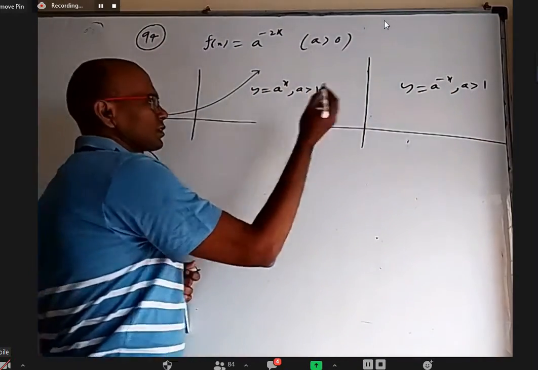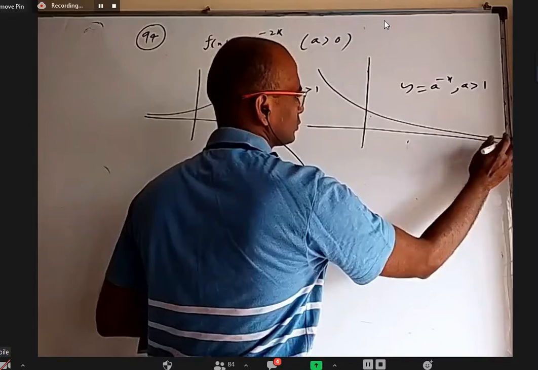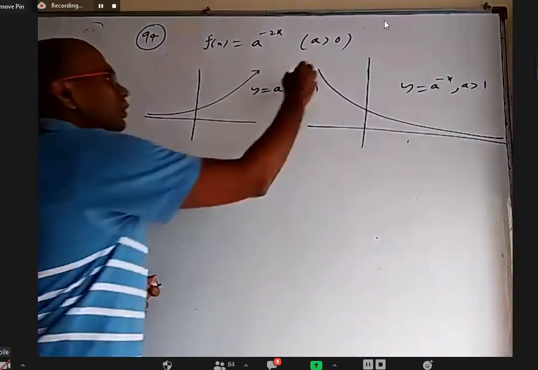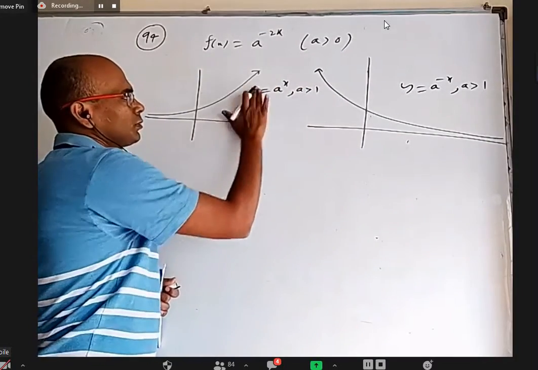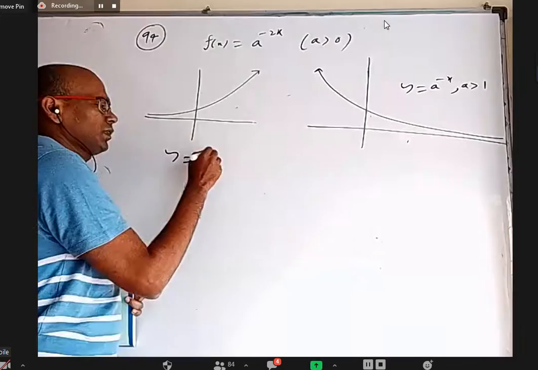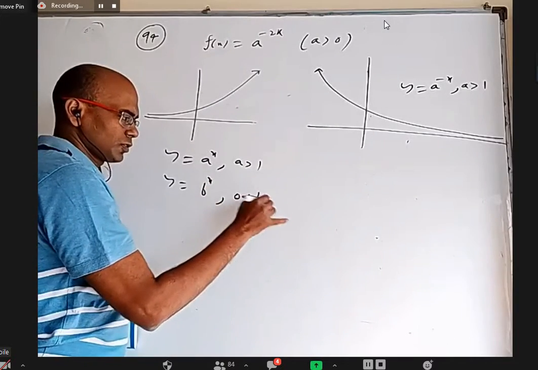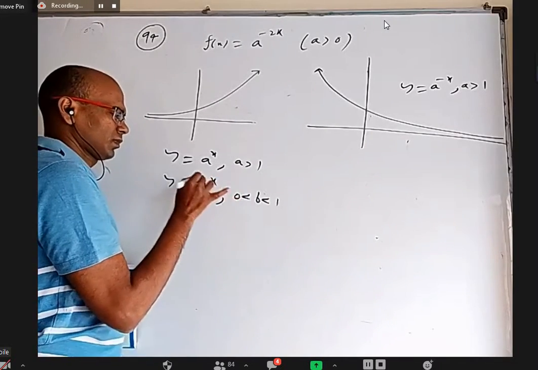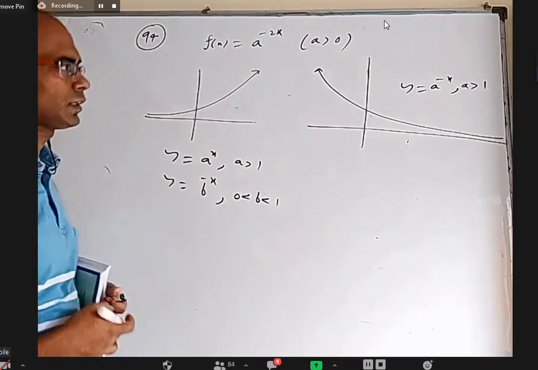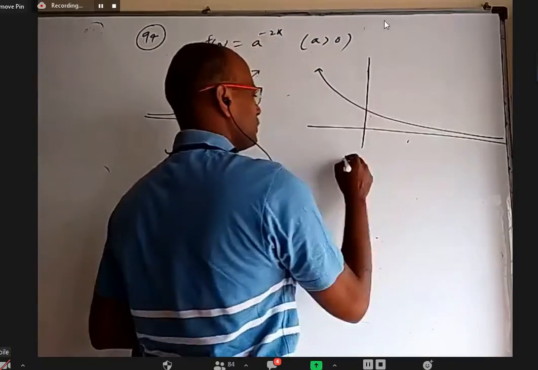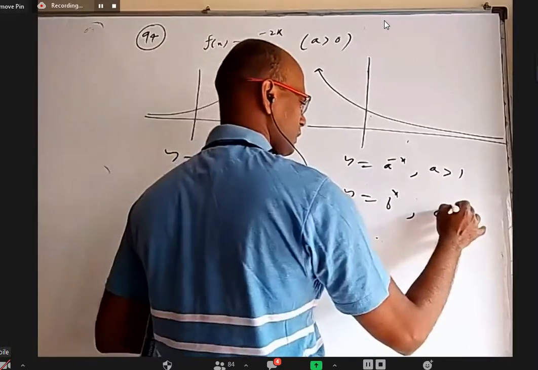You can even say, okay, that's fine, not a problem. It will be like this. Even if it is between 0 and 1, also not a problem. This graph is for y = a^x where a is greater than 1, or you can write b^x where b is between 0 and 1, but b^(-x). Not a big deal. After all, b^(-x) means (1/b)^x, so nothing special there. So this also, y = a^(-x) with a greater than 1, or y = b^x where b is between 0 and 1.